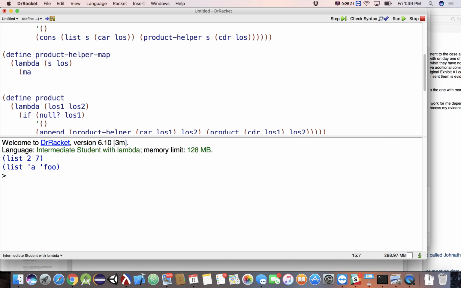And then what we want to do is map a lambda that takes in that symbol S. And what is it going to do with it? It's going to make a list out of S and, need to map that onto, second value would be a number.